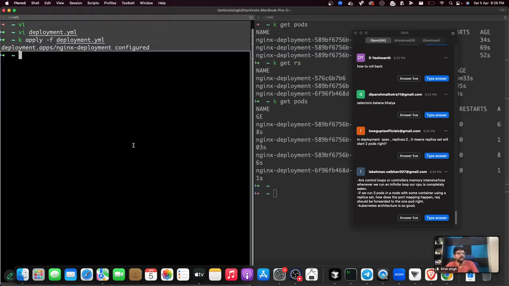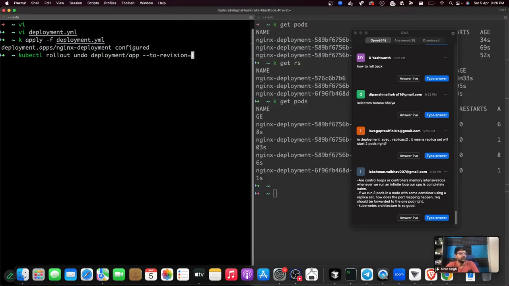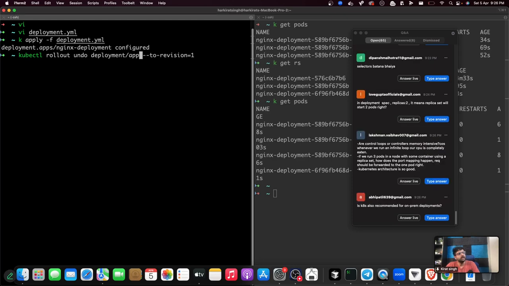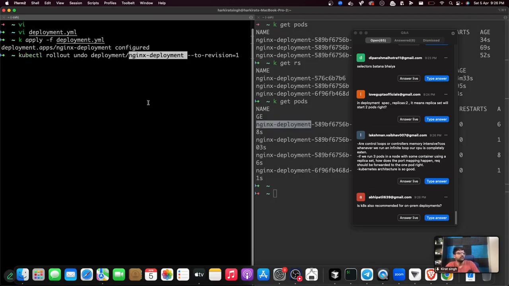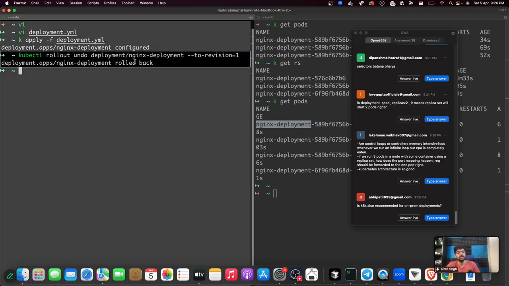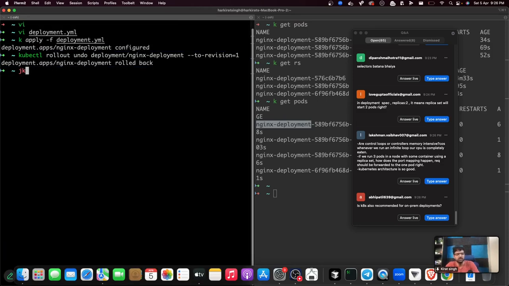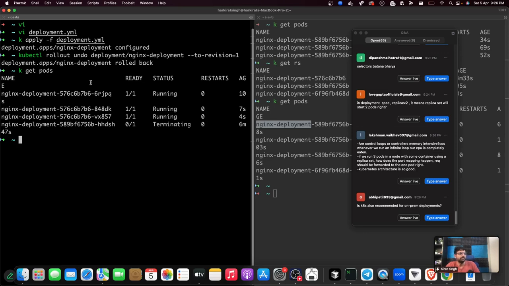So let's try this. Let's go back to our deployment. What was the deployment called? It was called nginx-deployment. So this would roll back the nginx deployment to the very first deployment that we made, which was for the Nginx image. So now if I do k get pods and k logs -f this,